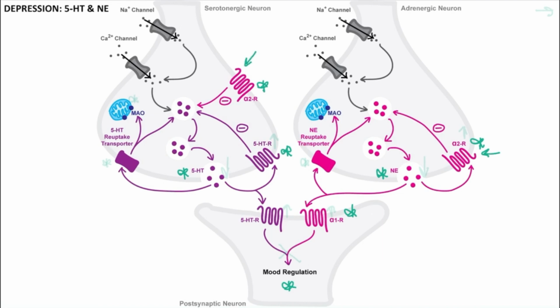Also, remember, we have our reuptake transporters for each neurotransmitter, even dopamine, not shown, to recycle our neurotransmitters when no longer needed, or feed these neurotransmitters to our mitochondrial monoamine oxidase, or MAO, enzymes for degradation. And remember, MAO-A mostly handles norepinephrine, serotonin, and tyramine, and MAO-B is more for dopamine, if you remember from the Parkinson's disease video. So again, these are all of our normal signaling components that lead to appropriate mood regulation.